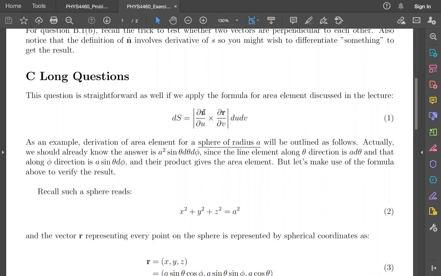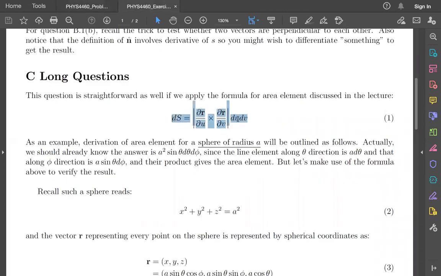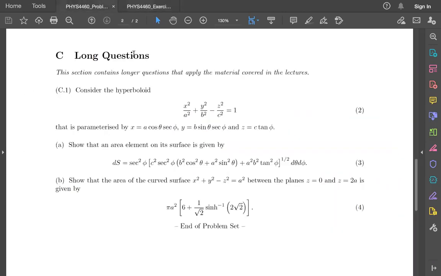Okay, so this formula should be something that you have already discussed in the lecture. So that's why I said the question is quite straightforward. Basically, you just apply this area elements formula to see whether it's really expressed this way, right? To give you